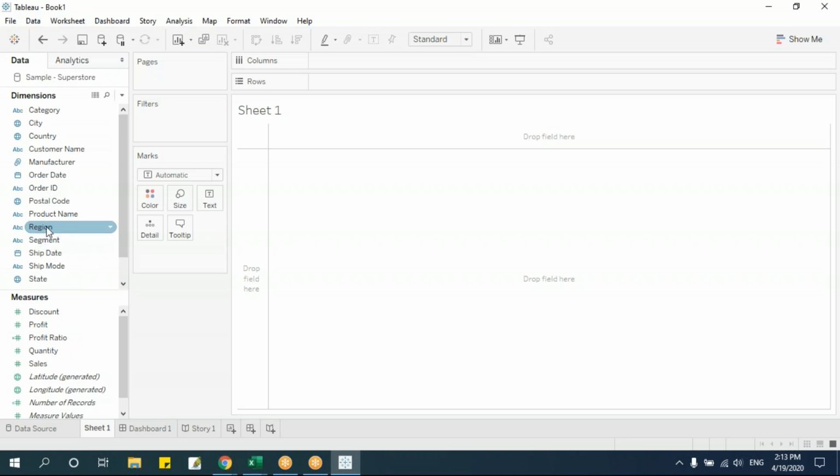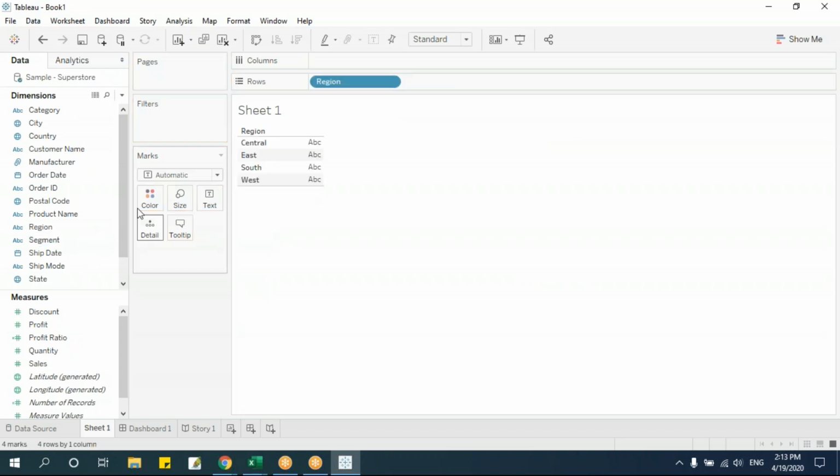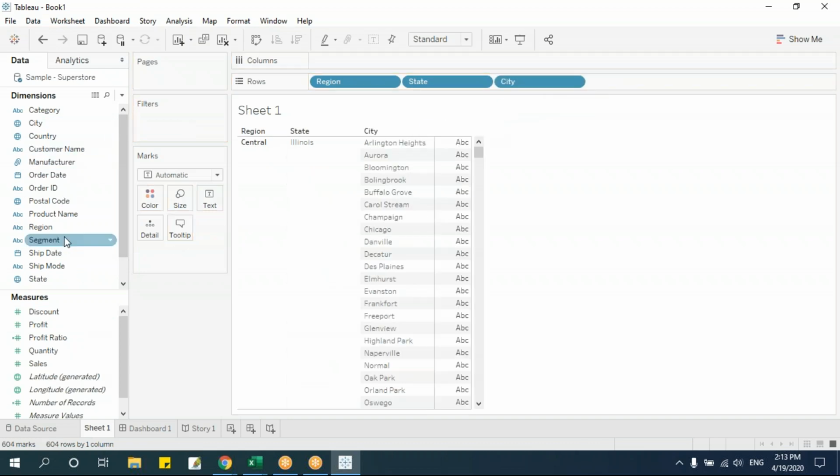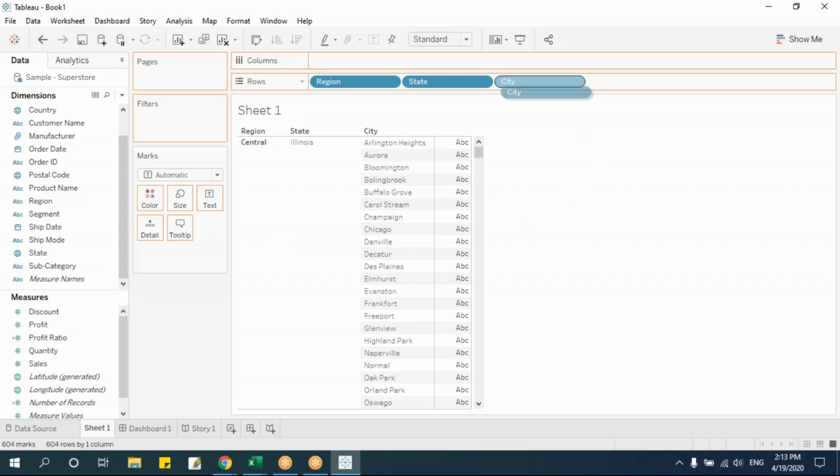Now let me go here. I'll take this region. The next level, I'll say state. Then again, next level, I'll say city. See, they're all scattered here and there because they are aligned in alphabetical order. To get these fields, I'm actually scrolling up and down like this for a similar kind of groups. So what I'll do,